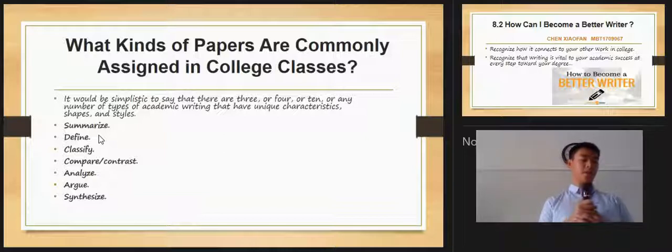Summarize. Every assignment in every course is unique in some ways, so don't think of writing as a fixed form you need to learn. On the other hand, there are certain writing approaches that do involve different kinds of writing. Define. To restate in your own words the main points of another's work. Classify. To describe, explore, or characterize a keyword, idea, or phenomenon.